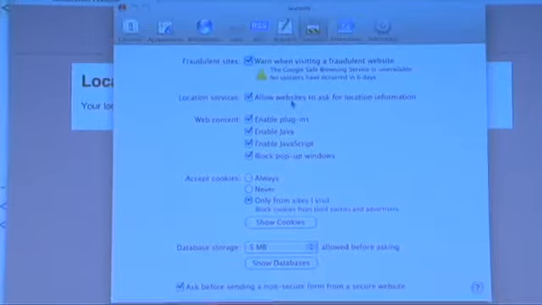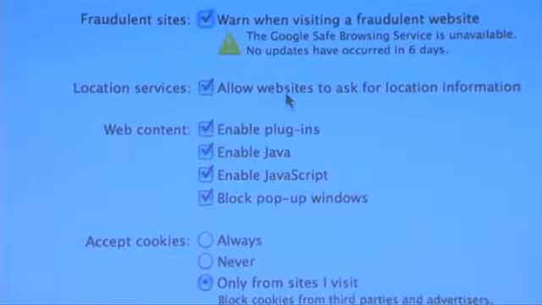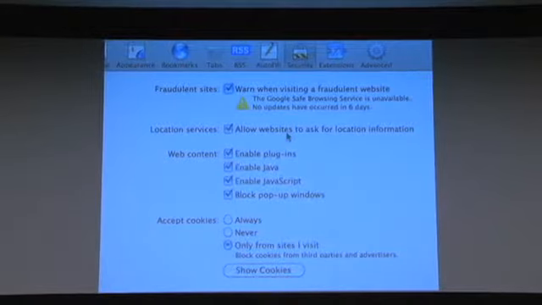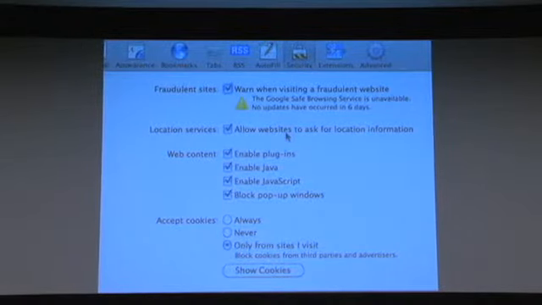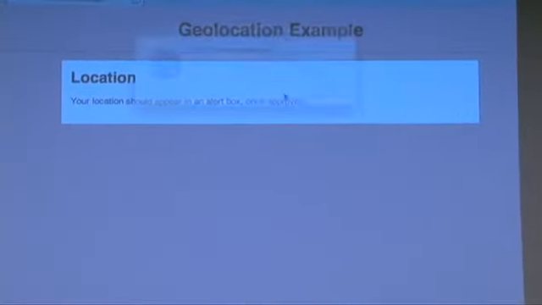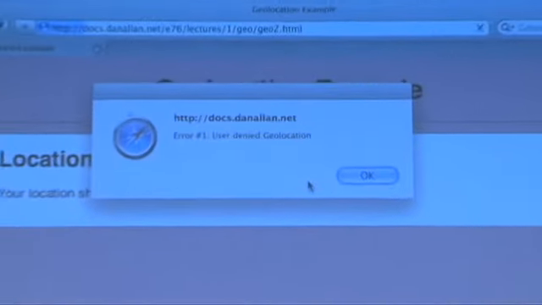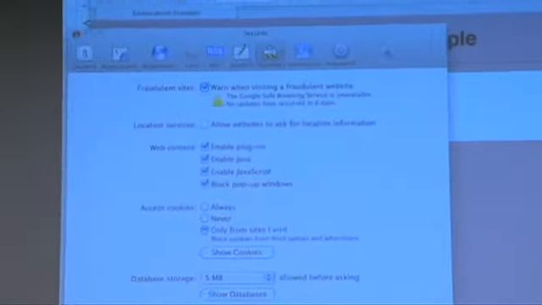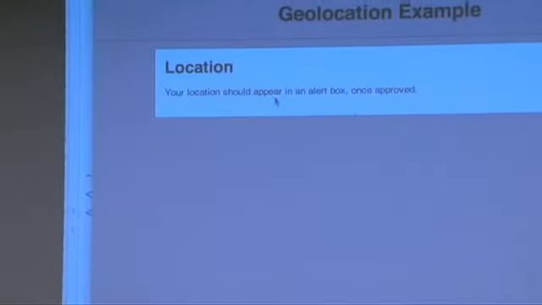So for example, here there's a checkbox in Safari's preferences called location services, allow websites to ask for location information. Just by unchecking that, I will then always get this problem that I saw before, that error number 1, where I will not be able to do anything. If I uncheck this and refresh this page, you'll see immediately I get this error number 1, and I have to handle this effectively. All right, but for now, for these demos, I do have to have location services on, and we will